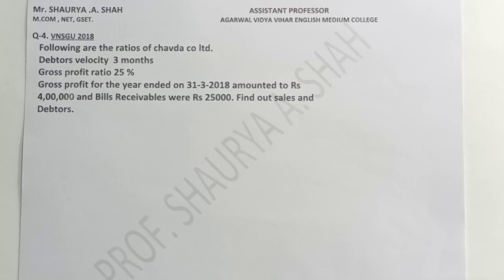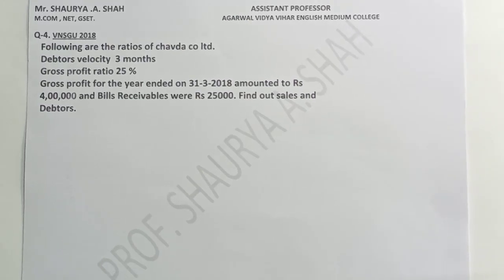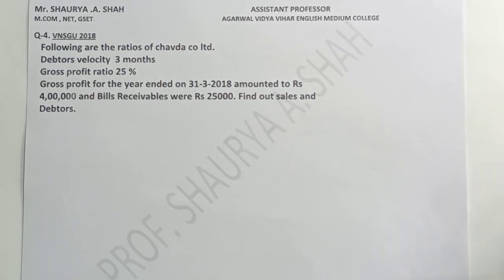So immediately it should click in your mind that GP ratio formula is GP ratio is equals to gross profit upon sales into 100. So if you are having the value of GP, if you are having the value of GP ratio, you can in the very first step find out sales amount, right? And then we will put up in the debtors' ratio. Fine. I suppose each and everyone is clear with this part of the sum. We'll start solving it.